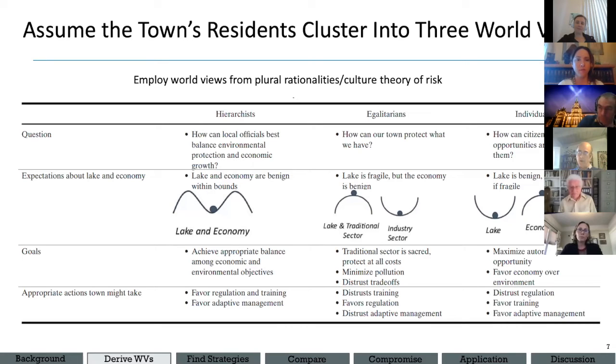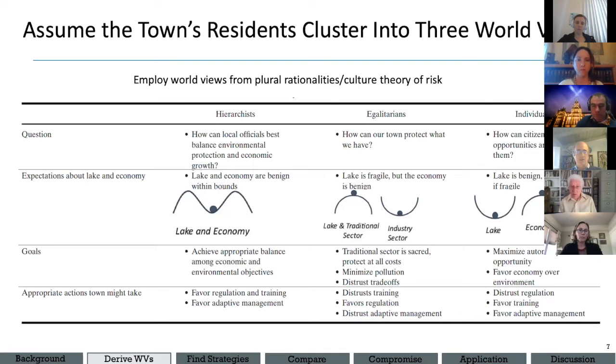We found it very useful here for a variety of reasons, but the fundamental points here don't depend on this framework, but we think it was useful to look at it. So the groups are hierarchists, egalitarians, individualists. They have fundamentally different questions they ask about the situation. The hierarchists are interested in what's the best balance between environmental protection and economic growth? The egalitarians want to protect what is, and that's their main focus. And the individualists are interested in opportunity for everybody, irrespective of how that's allocated across different groups,